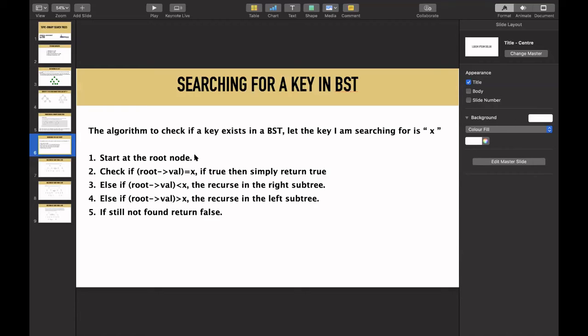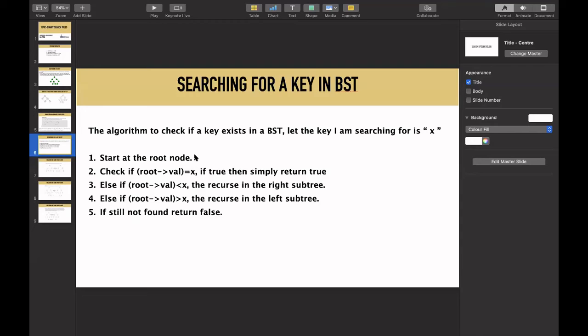We are getting a bunch of errors. Sorry, I just forgot to pass the key in my function. Now you can see it is saying not present.